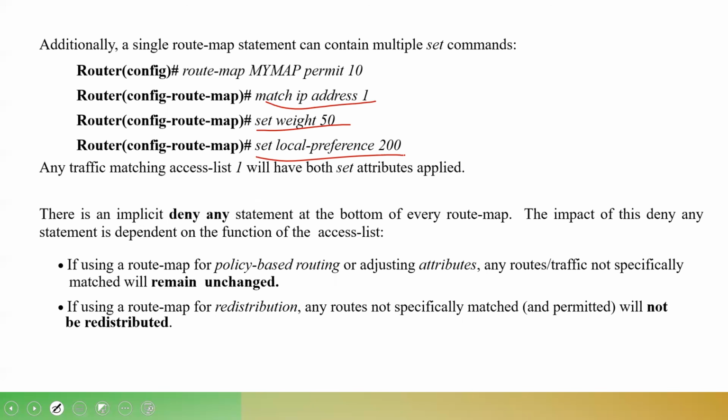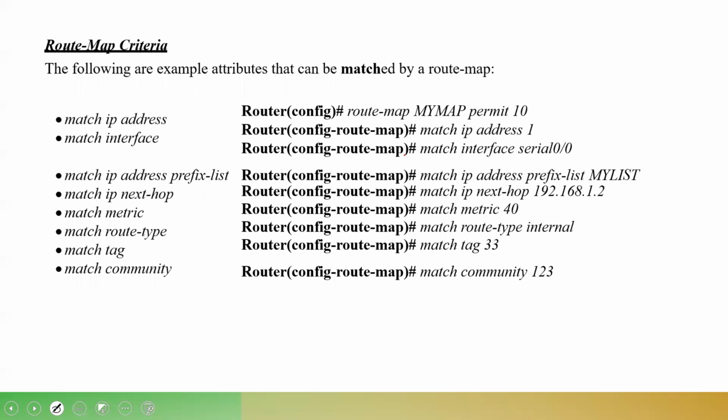We can set the preference. This is related to BGP configuration. So let me show you one by one all these examples. Here you can see one example related to route map, where we are creating the route map